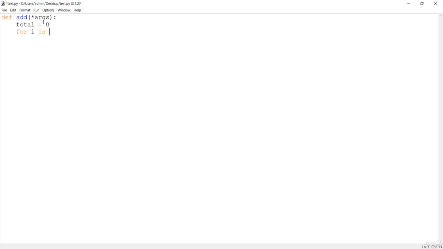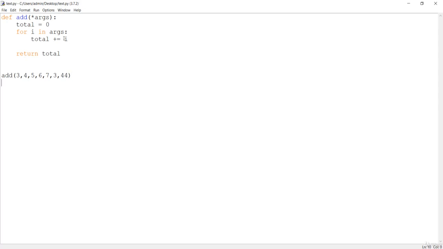So for i in args, args here is a tuple, so in the tuple we can just loop. I'll say total plus equals i, and at the last, return that total for me. Now you can add multiple numbers, so I'll pass a whole bunch of these numbers.